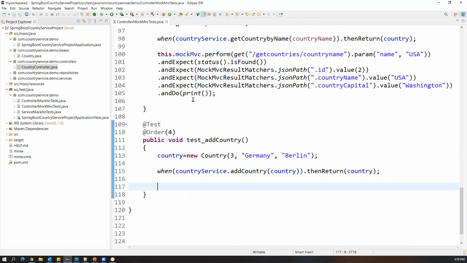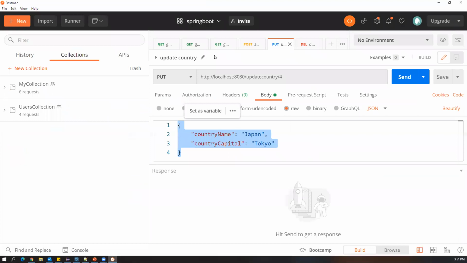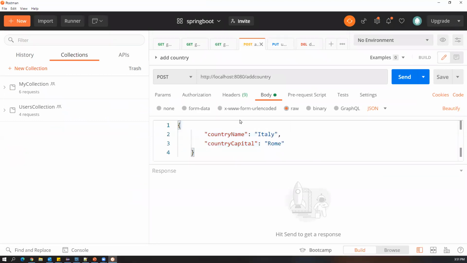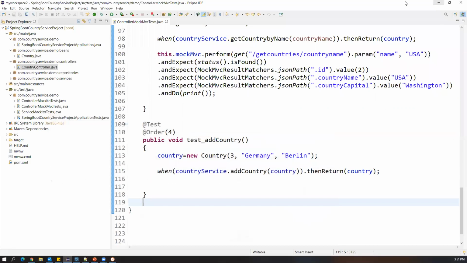Now, if I look at this in the Postman tool, how we have done it earlier, I'm talking about the post request. In the post request, we just passed this URL along with the country, along with the body. This is the request body. Accordingly, this record will be created in the database. And we have to pass the request body in JSON format only, not in Java format, because MockMVC will not accept any Java objects.